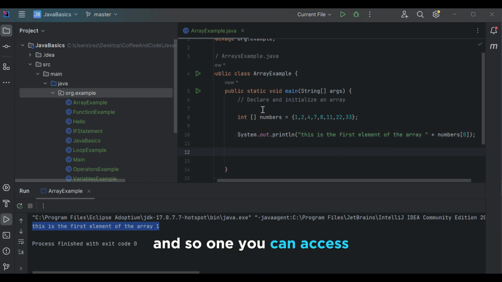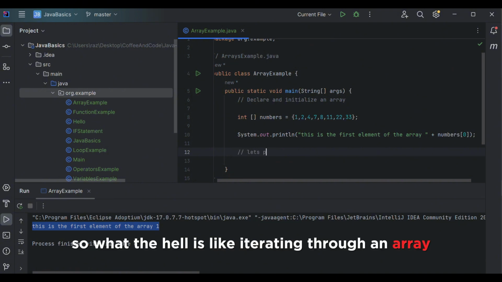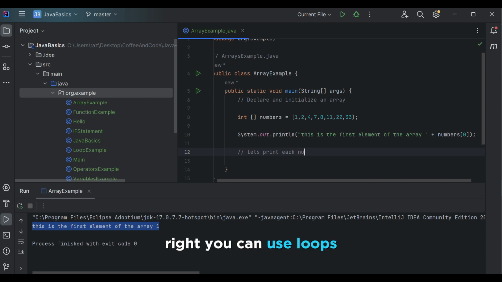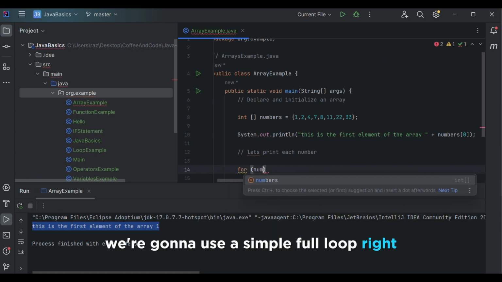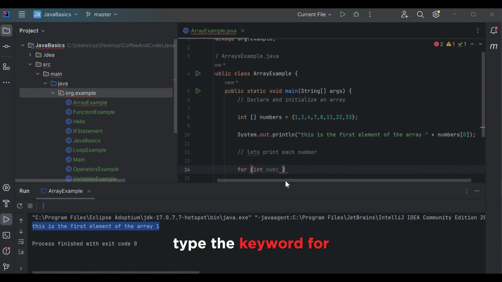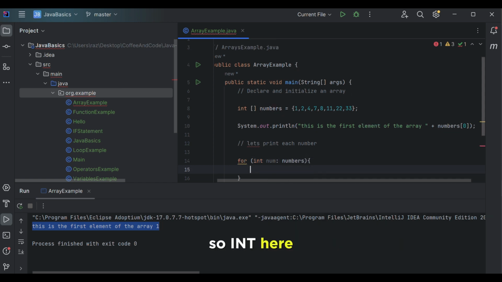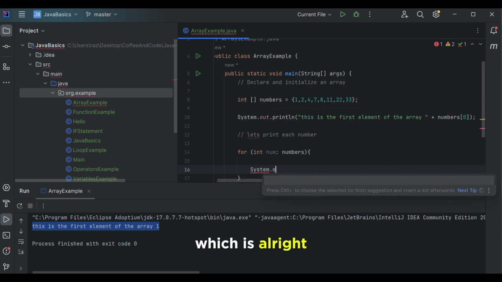So you can access individual elements inside of an array, but what we'll also look at is how we can iterate through an array. So what the hell is iterating through an array? You can use loops to go through each individual element, and you can mutate that, or in this example, we'll just print it. So we're going to use a simple for loop. How we do that, we'll type the keyword for, as you can see on the screen. Then we'll declare the variable that we'll be using, so int here, and then we'll type in num, and type the colon, and then numbers, which is our array,